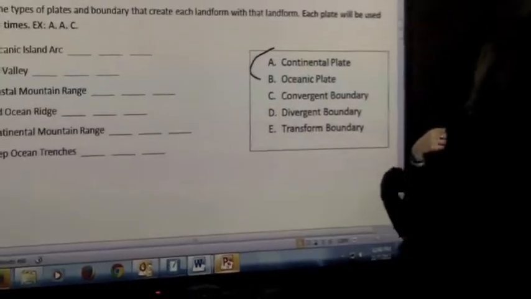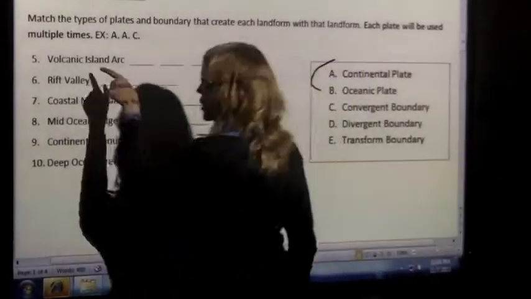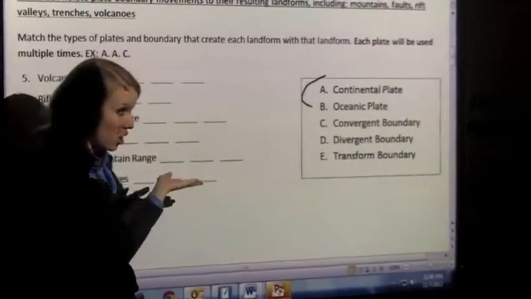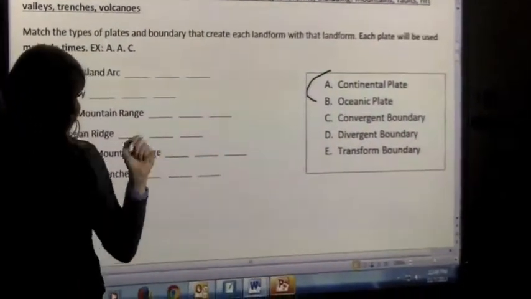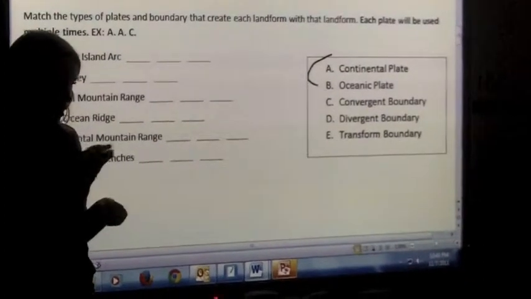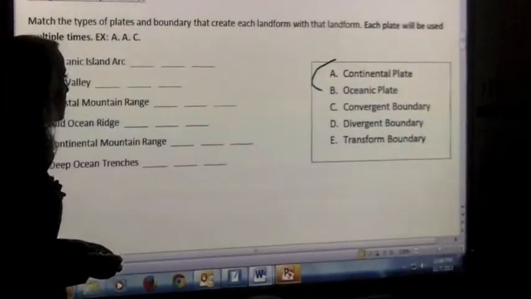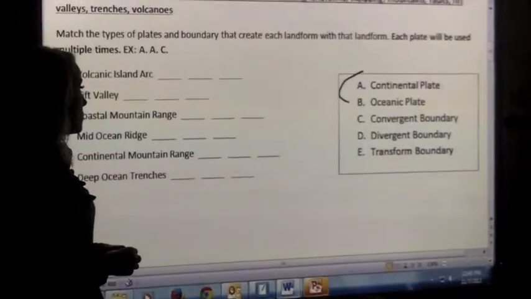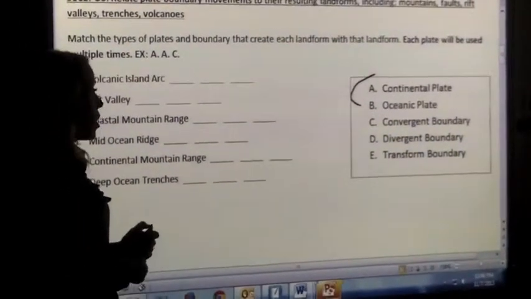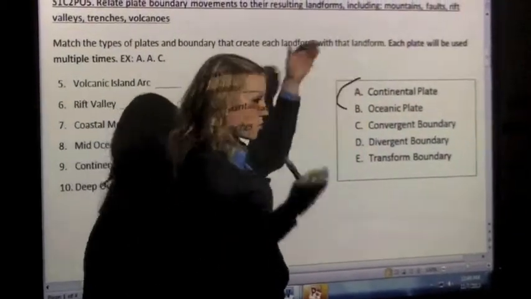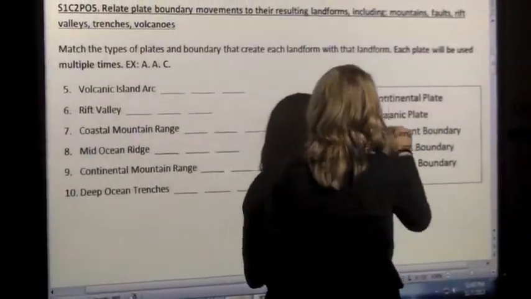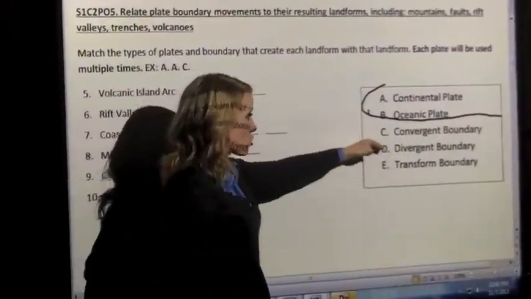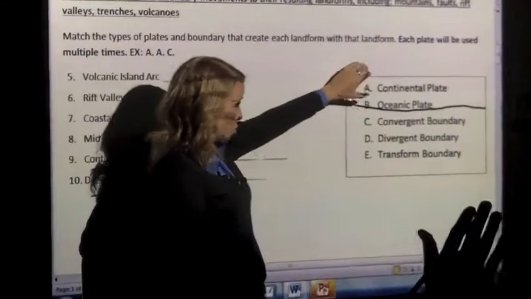Okay, so A and B. These are the ones we're going to keep reusing. So by volcanic island arches, does someone have a guess? What types of plates are we using here? Which are the plates that are involved? You look a little uncertain. Go ahead. Continental, divergent, and transform. Okay, so let's break it down like this. First, only choose these plates. So which plates are involved first? Because these are going to be the plates that are involved with the boundaries.